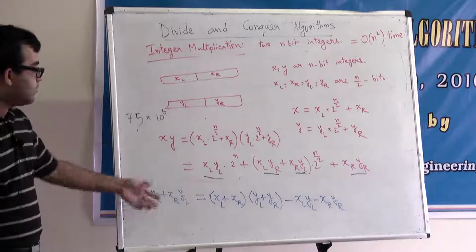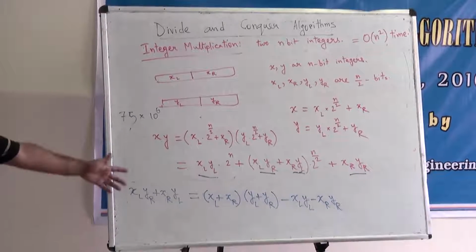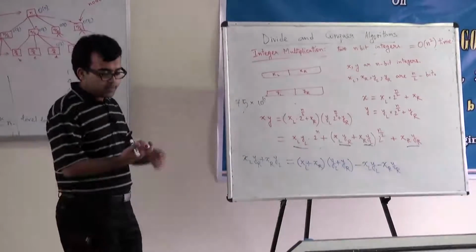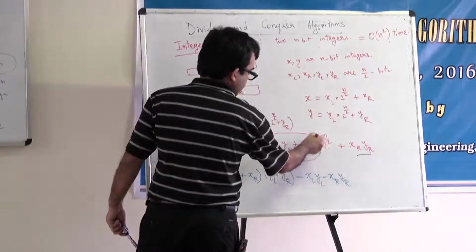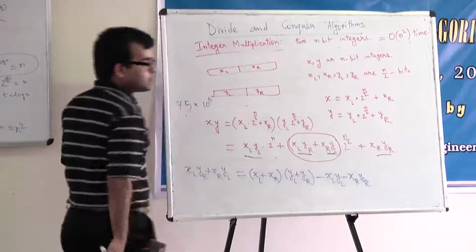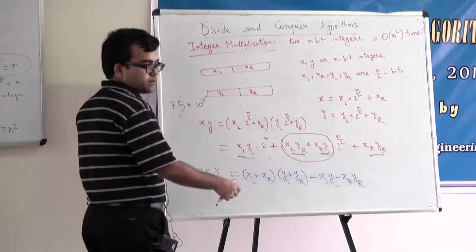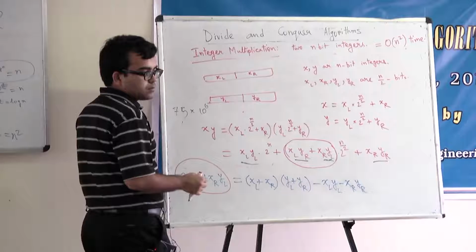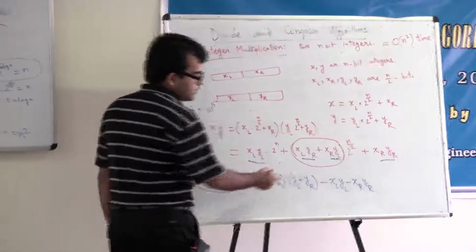So now just see what is happening here. What did I do? Let me just turn the board slightly to this side. A priori it seems just like some arbitrary algebraic manipulation, right? But there is a deeper message here. To compute this term, we needed to compute two subproblems, right? Instead, see what we are doing here. This is the same term, right? But now, how many products do you need to take to compute this term? Only one.